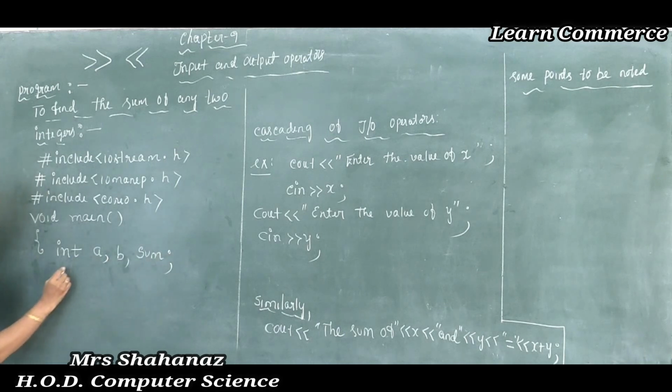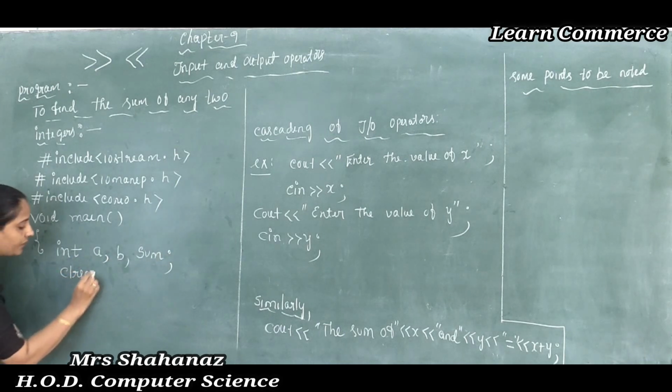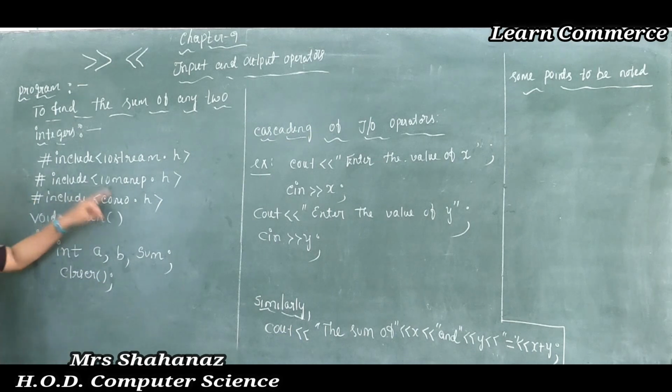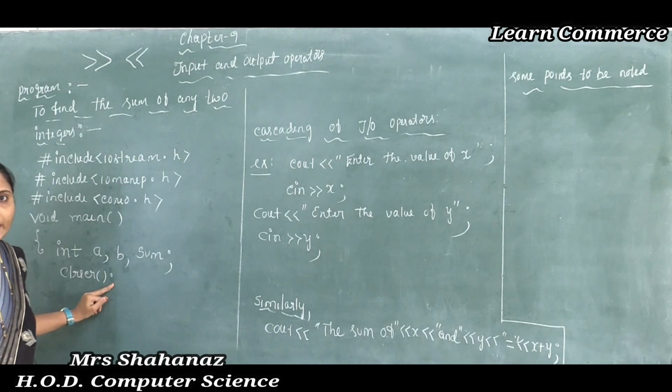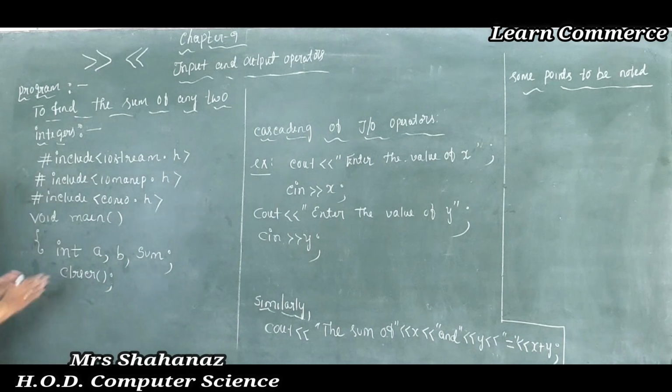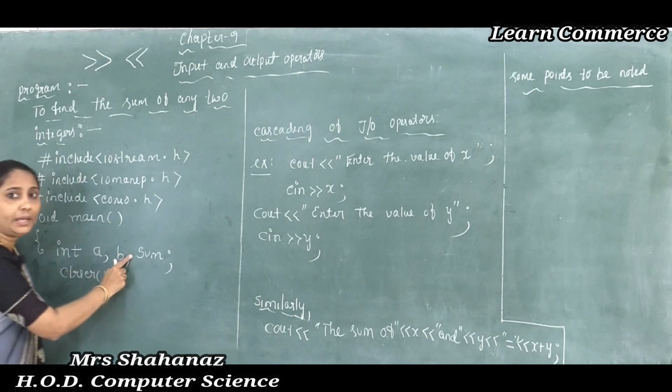Okay? And later we already used the header file. The header file is conio.h here. So because of this now I can use clrscr open close semicolon here, to clear the screen. That means if there is any error, it is going to clear each and everything here. So such a clrscr is used to clear the screen, and the comment line of such line we can say as the declaration of the variables A, B and sum.